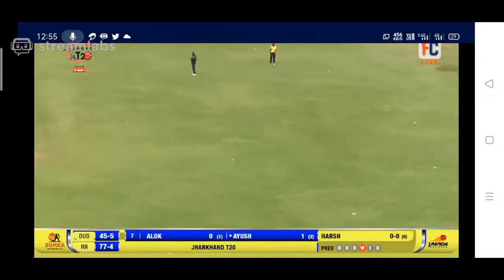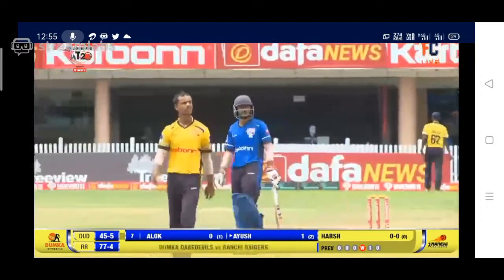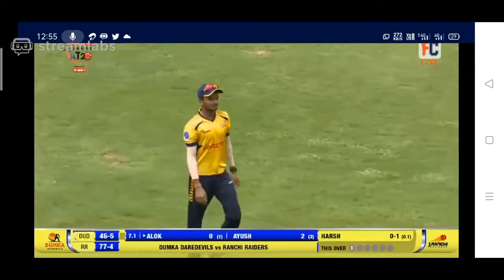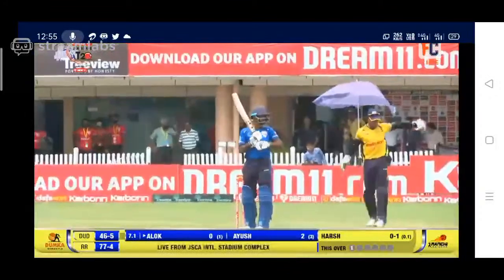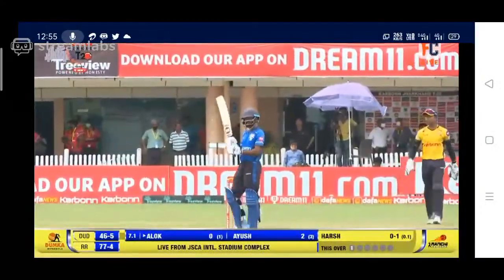Played down to the onside. They are fighting a lost battle. Dumka, 46 for 5 in 7.1 overs. 5 balls to go. Just a formality to play those 5 balls now.